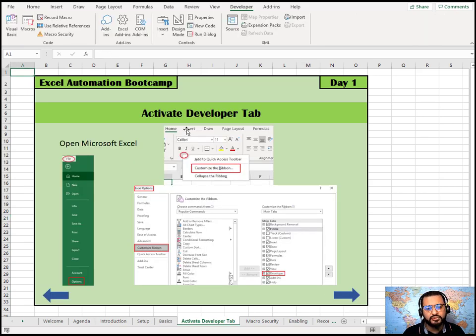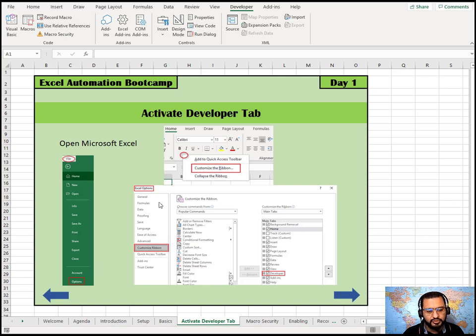The first step is to activate the developer tab. This tab is not available by default, but you can activate it. Open your Microsoft Excel, go to the file menu and then go to options, which is the last thing you see on this tab. You will come up with an Excel options window.